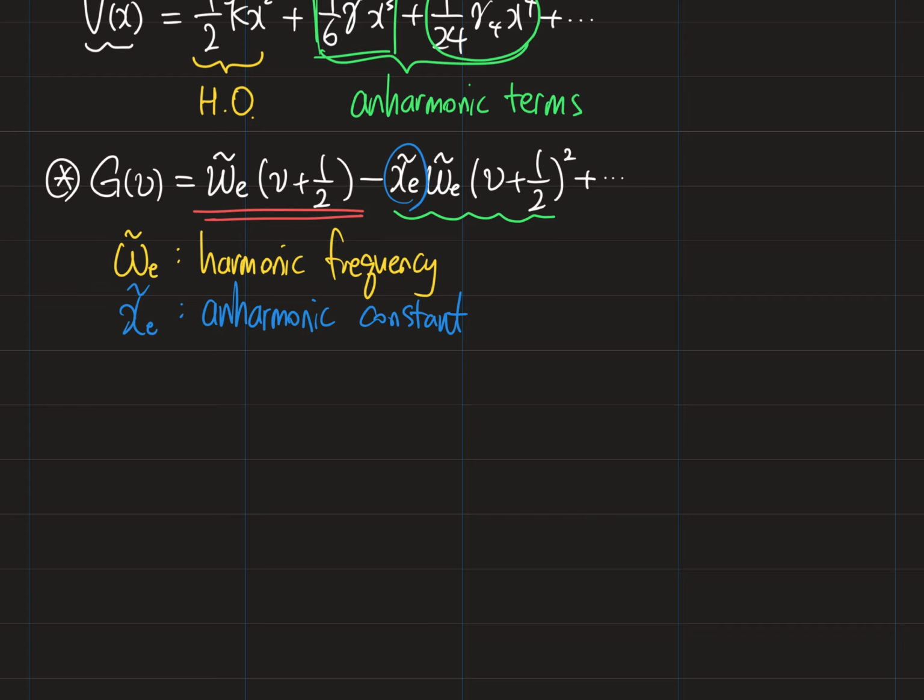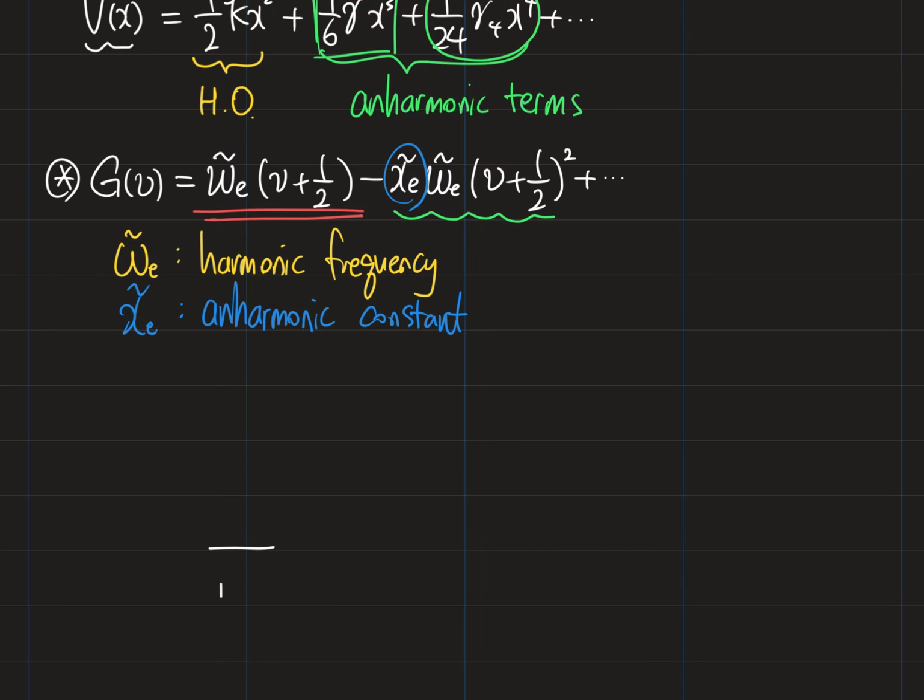Comparing with the ideal harmonic oscillator with equally spaced energy levels, the anharmonic oscillator has energy levels with decreasing gaps. So this is the harmonic oscillator's energy gap. You know that the gap between adjacent energy levels should be h nu.